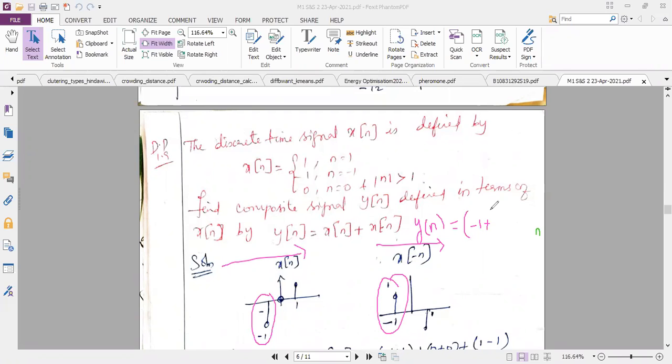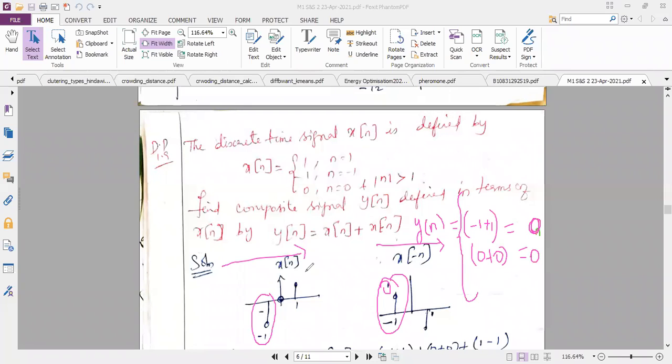I hope you are getting it. So for both the signals, I am taking n is equal to -1, and writing its amplitude. One was -1, other one was +1. So when I add it, I will be getting the answer as 0. Similarly, I have to add the remaining 2 samples. I have added 1 sample. Now, what is the next sample? Next sample is at n is equal to 0. At n is equal to 0, both the signals are not having any amplitude. So 0 plus 0 is equal to again 0.